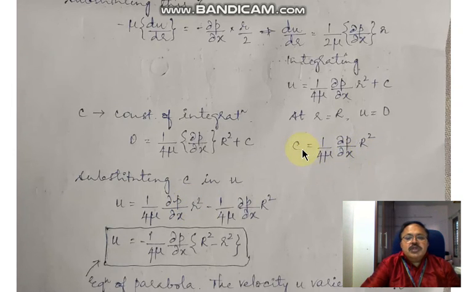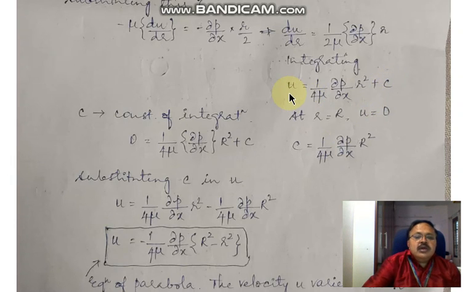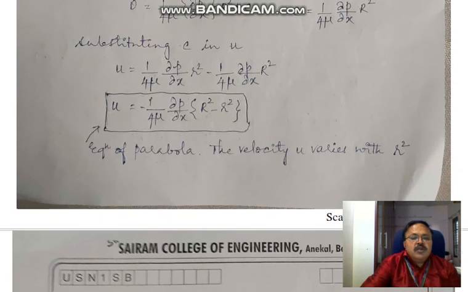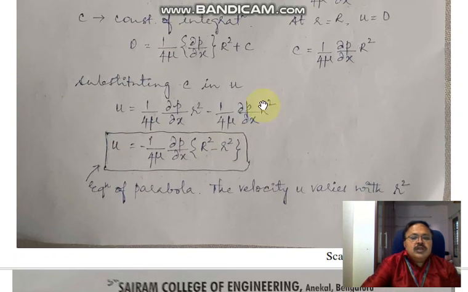Substituting this constant of integration in the velocity equation, we get the u velocity equation. That is called the equation of a parabola, because we have the power of 2 in the equation. So the velocity u varies with r square, that is, the power of 2 of the radius of the pipe. That means the velocity u is directly proportional to